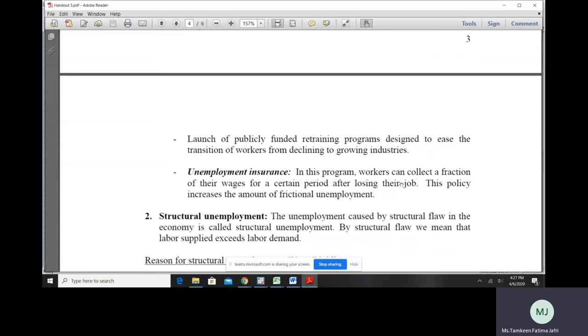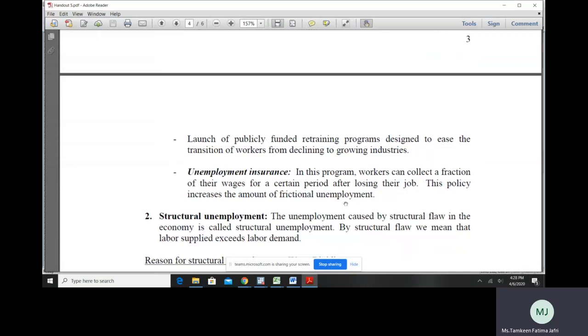So because of this policy, since workers who have just lost their jobs, the desperation to find the next job quickly, that decreases. That is why frictional unemployment is going to go up. Okay, so this policy increases the amount of frictional unemployment. अगर आपको पता है कि गवर्नमेंट आपको कुछ अरसे के लिए इंश्योरेंस मनी देगी, तो आप अपना रोजमर्रा का आराम से you can manage. So since that decreases your desperation to find a job quickly, that will increase frictional unemployment in the economy.